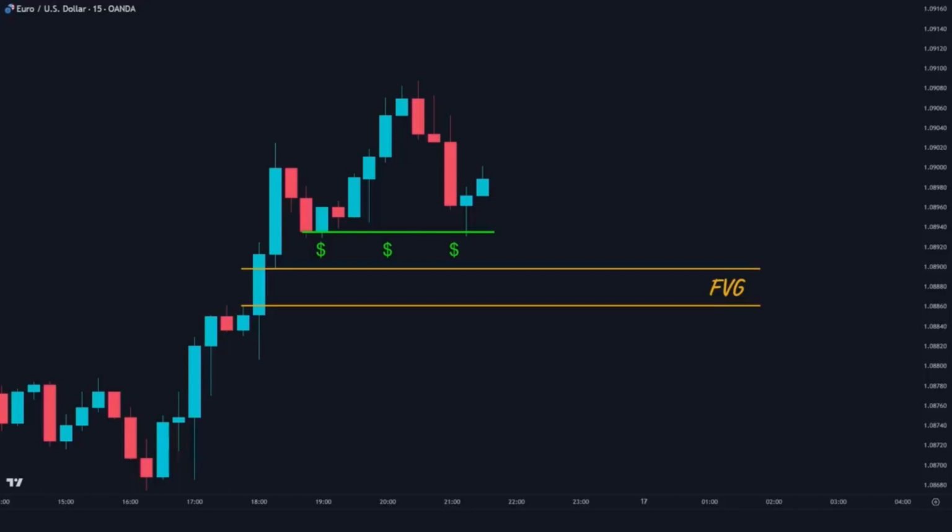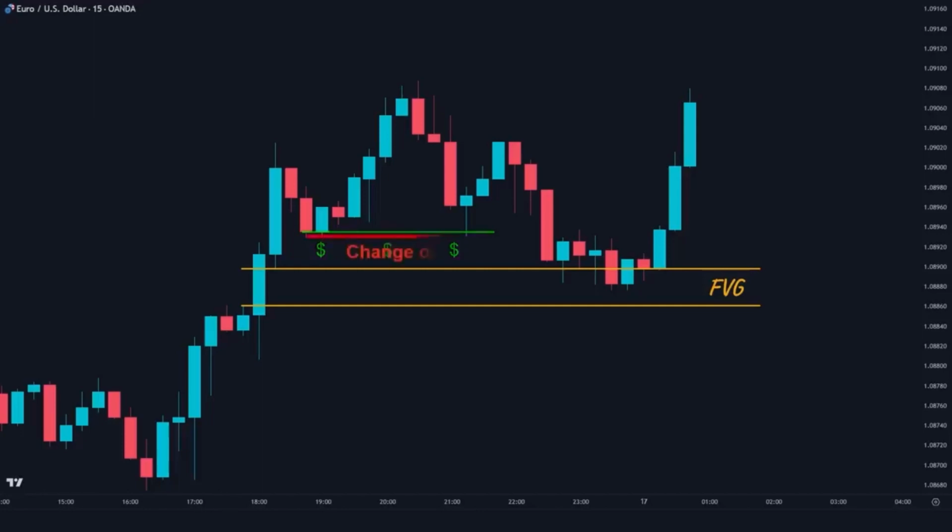So, a perfect trading idea would be to wait for the price to break below the equal low, grab the liquidity, and then we can go long in the FVG zone. This way, as a smart money trader, we will enter the market after the stop losses have been swept. But you might say,